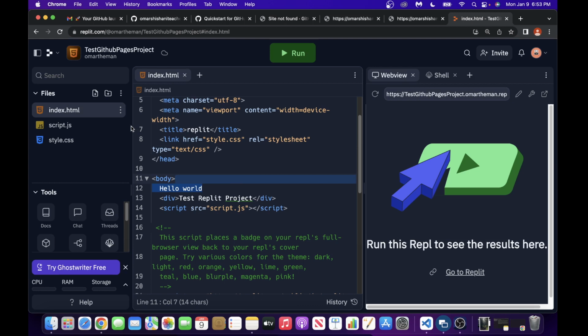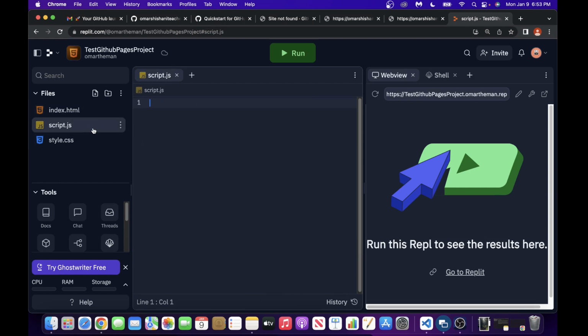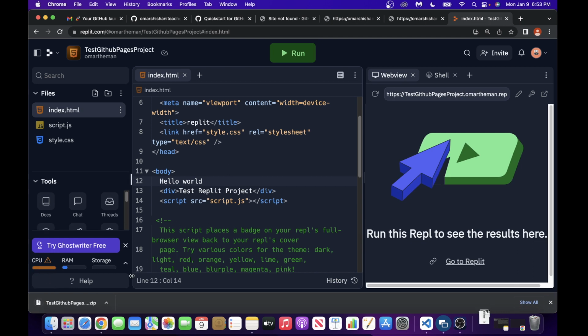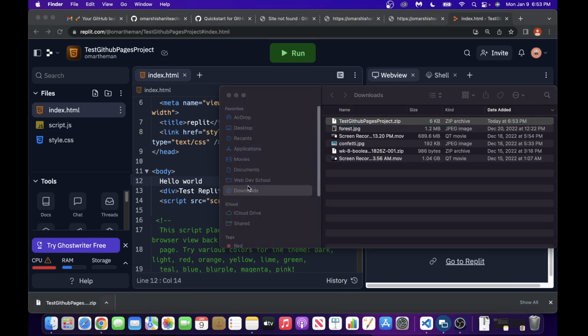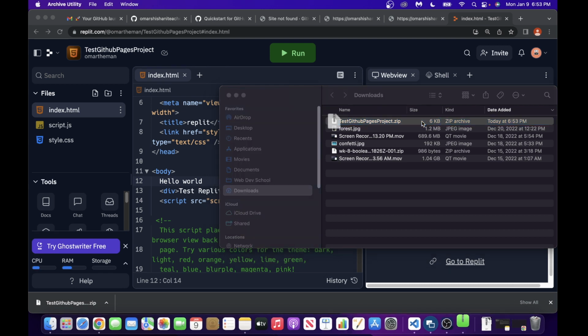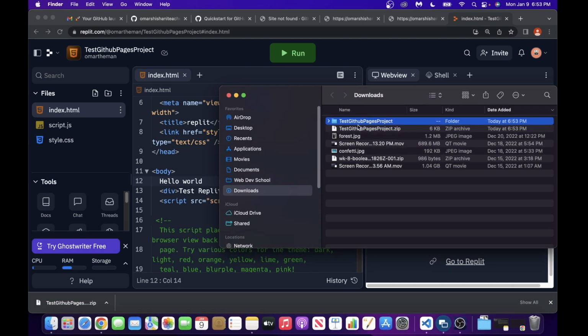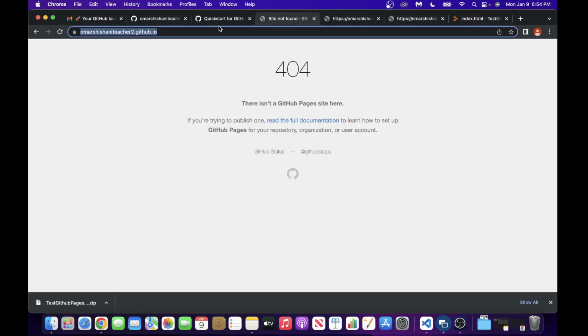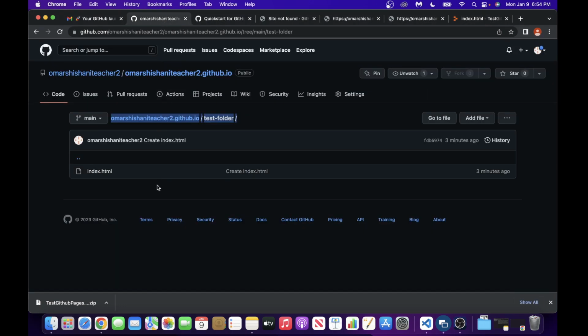once we have our CSS, JS, HTML all done in Replit, we can click this thing, download a zip. Okay, go to the File Explorer or the Finder. Double click this to unzip it, and then this is going to be our folder with the whole project file that we need here. And all we'll have to do to upload that project to your GitHub Pages site so other people can go look at it is to go